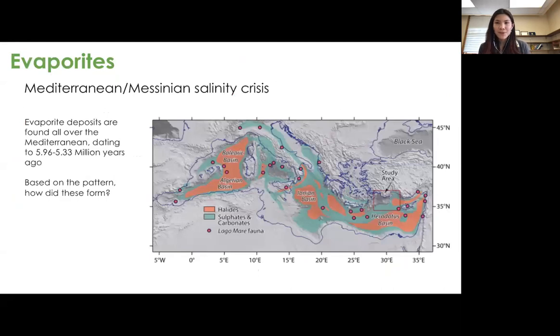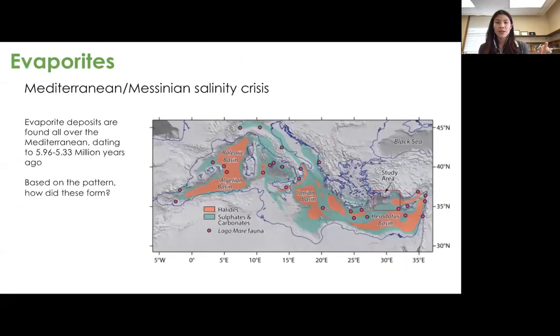So some interesting stories that we can tell with evaporites include, I think it's fascinating, the Messinian salinity crisis. So around the Mediterranean, there are a whole series of halites and carbonates that are found. And these evaporite deposits indicate that sometime during the Messinian time period, which is about 5.96 to 5.33 million years ago,